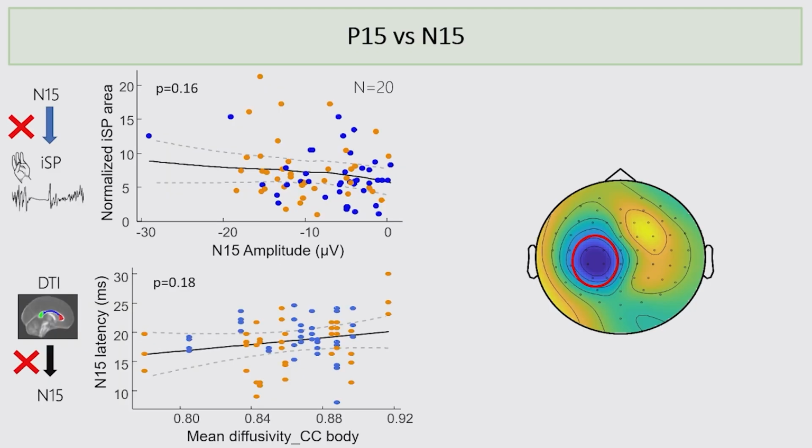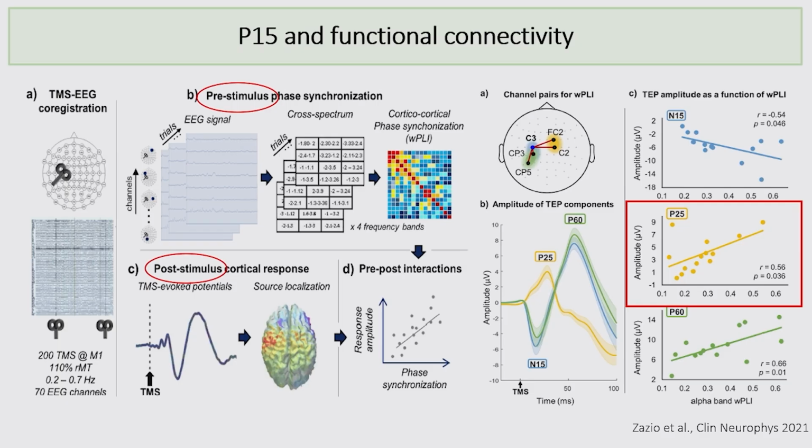Importantly, we did not find these effects for the N15, suggesting that the M1P15 represents a different process than the N15. Another piece of evidence that the M1P15 represents a contralateral response to the TMS comes from previous studies of my group